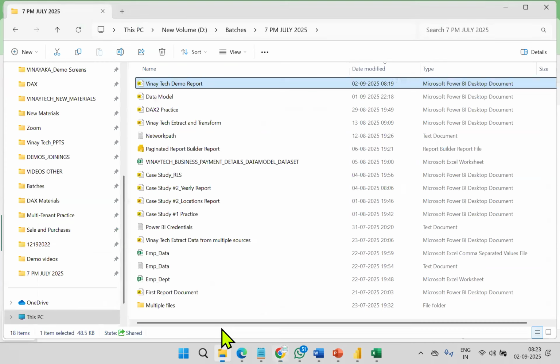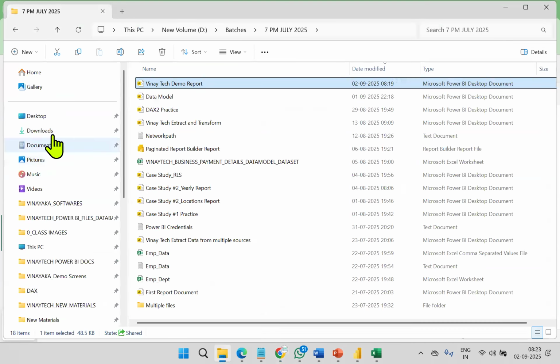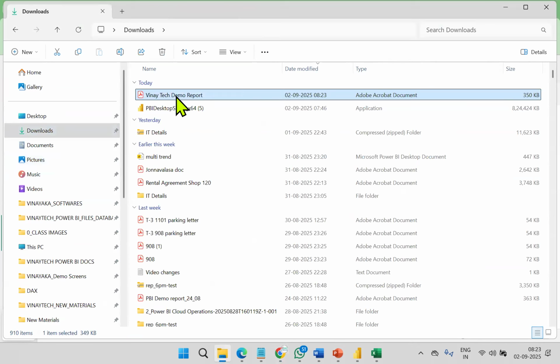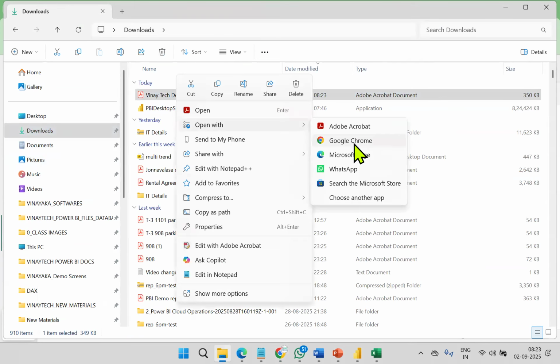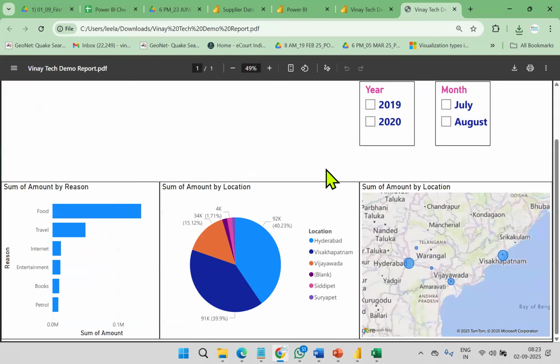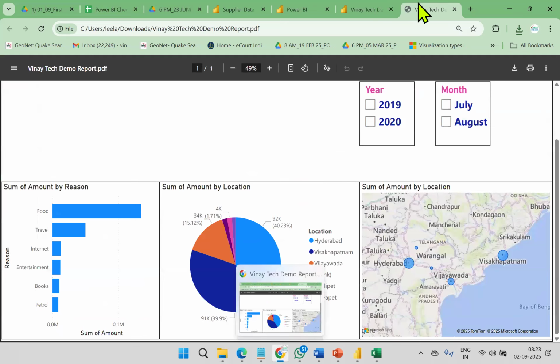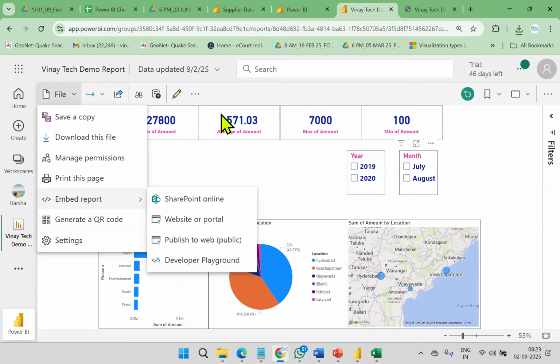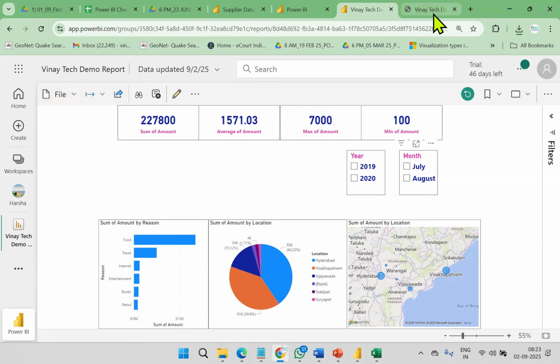Very rich practicals you will see. See guys, the PDF report. This is a PDF. Right click, PDF report. Even email: once I share through email, the email appears like this.